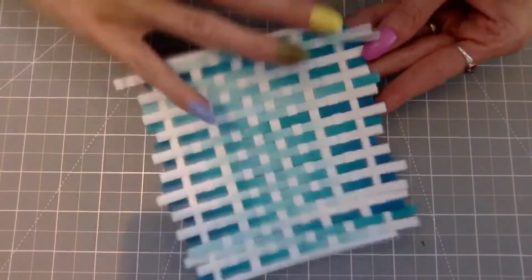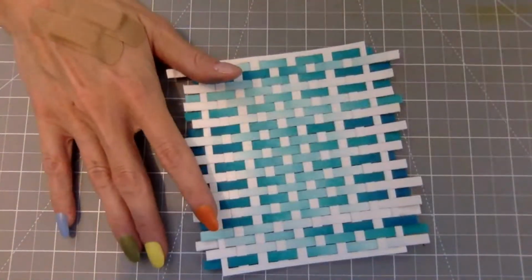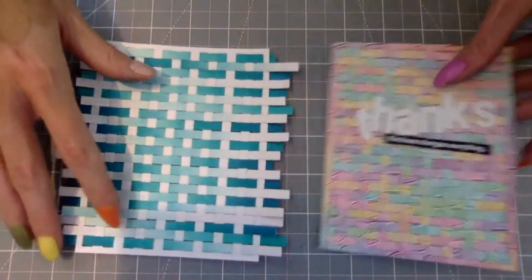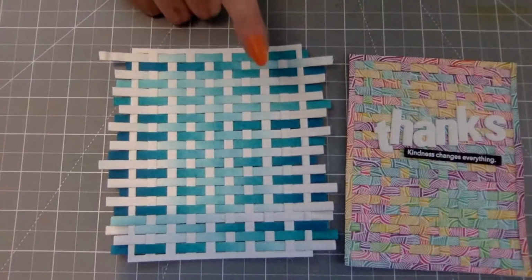So this is just woven. You can cut it off, finish it the way that we did the last one, this one here. But if you want to try something a little bit different,